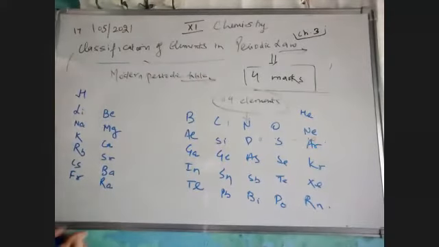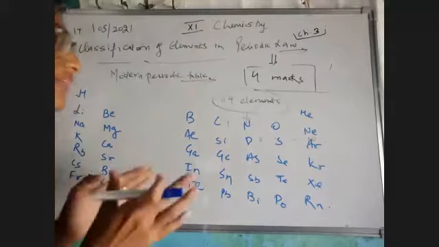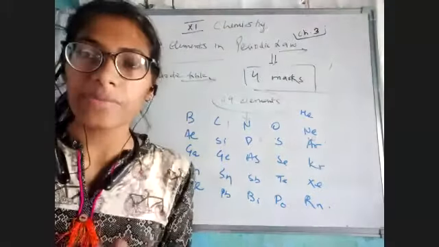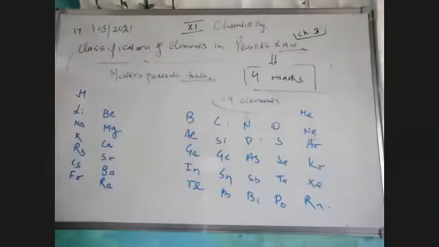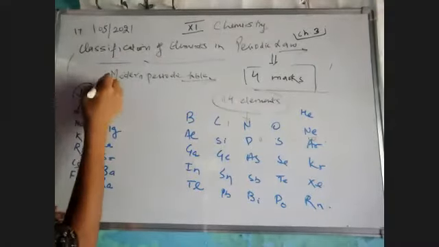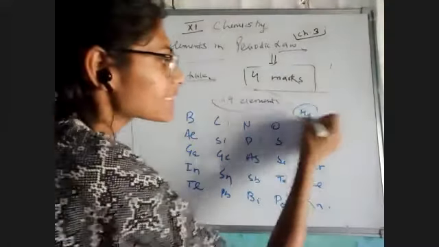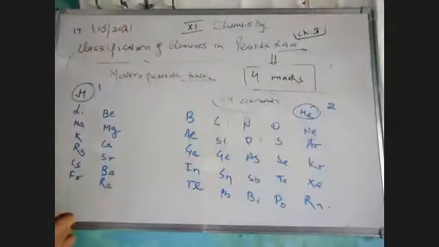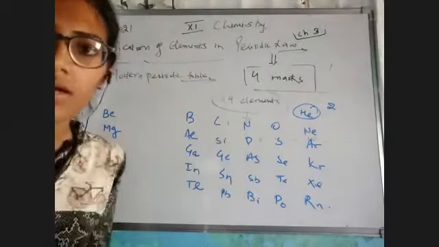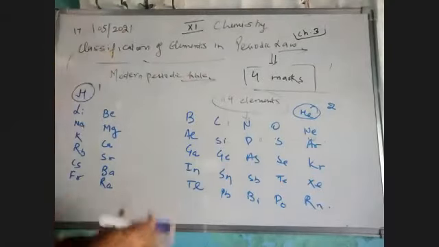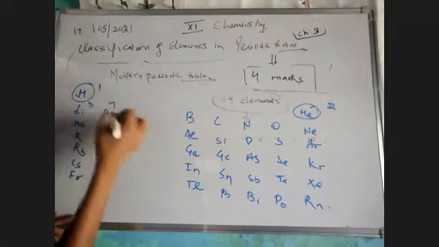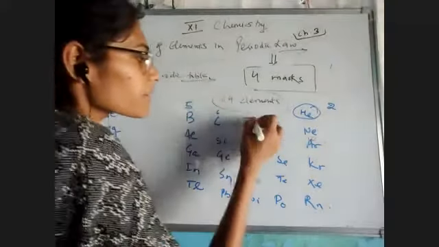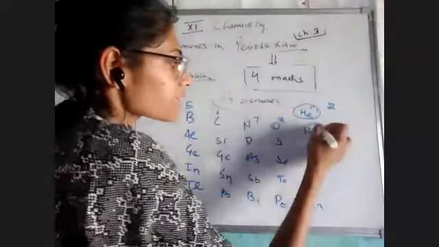Okay, तो अभी तक हमने क्या किया है? We have just taken some elements and we have tried to arrange them in increasing atomic number. So right now we have hydrogen with atomic number 1, then helium with atomic number 2. We will see कि हमने helium को सबसे अलग क्यों रखा है. That is our different topic. But right now just try to understand how we have arranged our elements. Same as it is, lithium, beryllium, boron, carbon, nitrogen, oxygen, and neon.